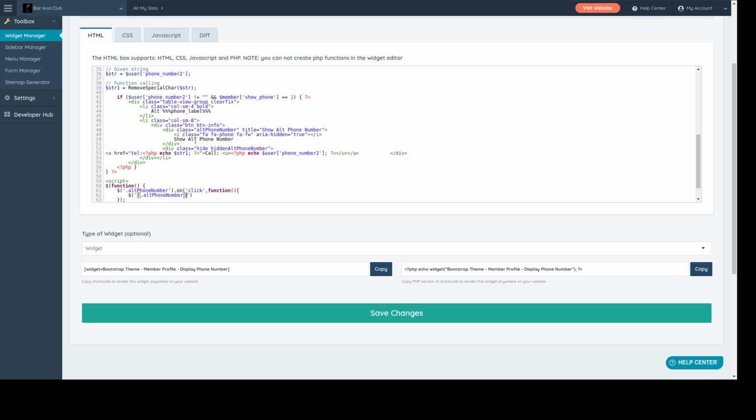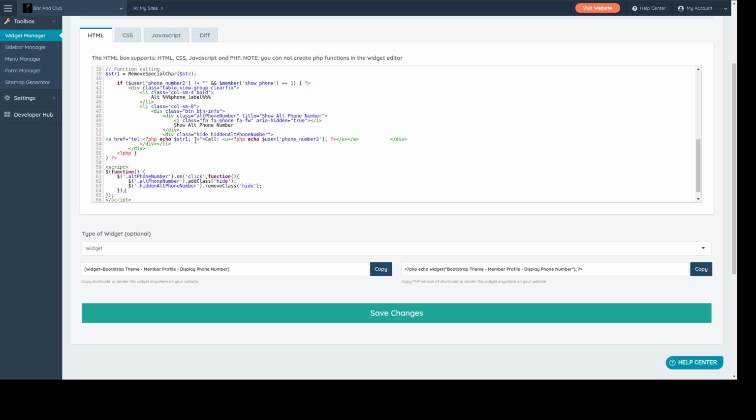Yes, you're going to hide me from the boogeyman. Okay, so we got this here, and you're going to add a class. There's a class called hide. Let me just copy this whole thing, put it here, and then the hidden one that's already hidden there, alt phone number, we're going to remove that class. So we're saying when you click,